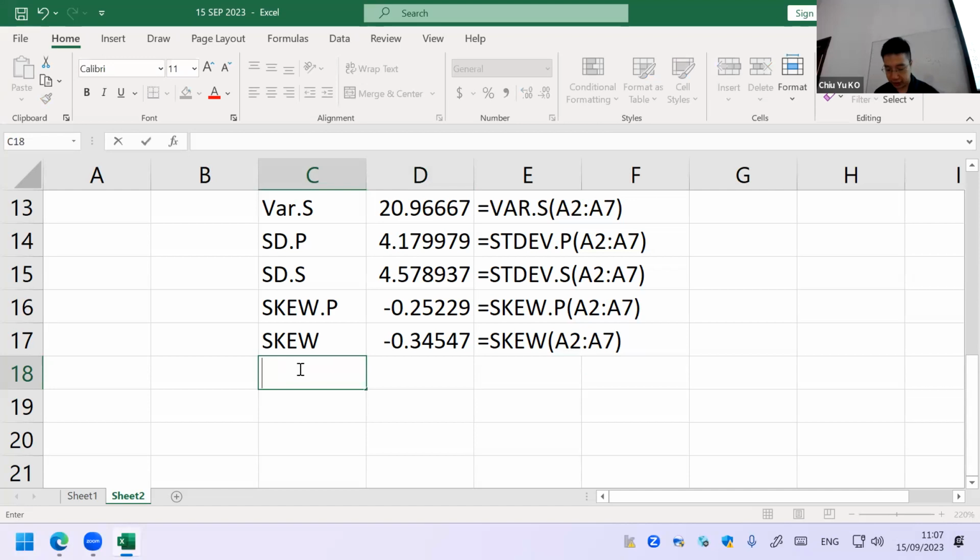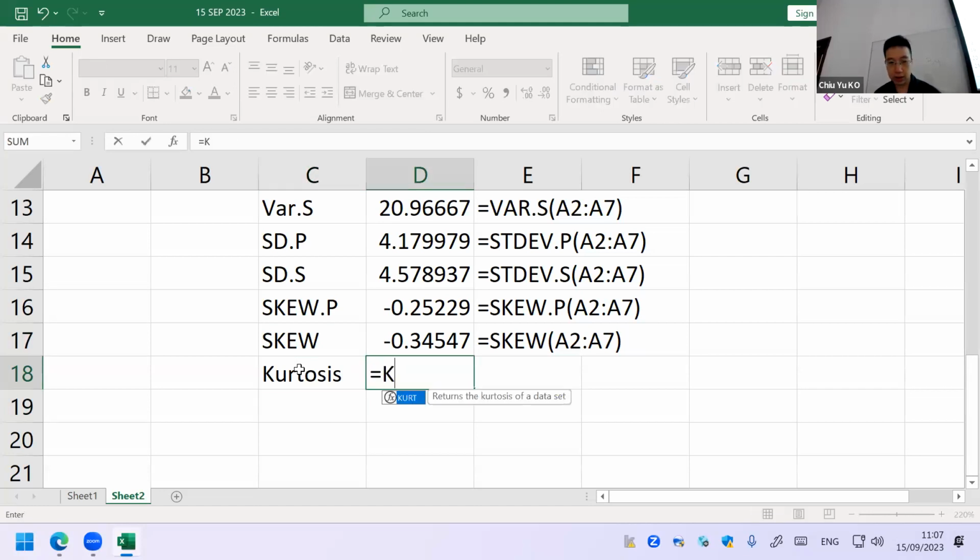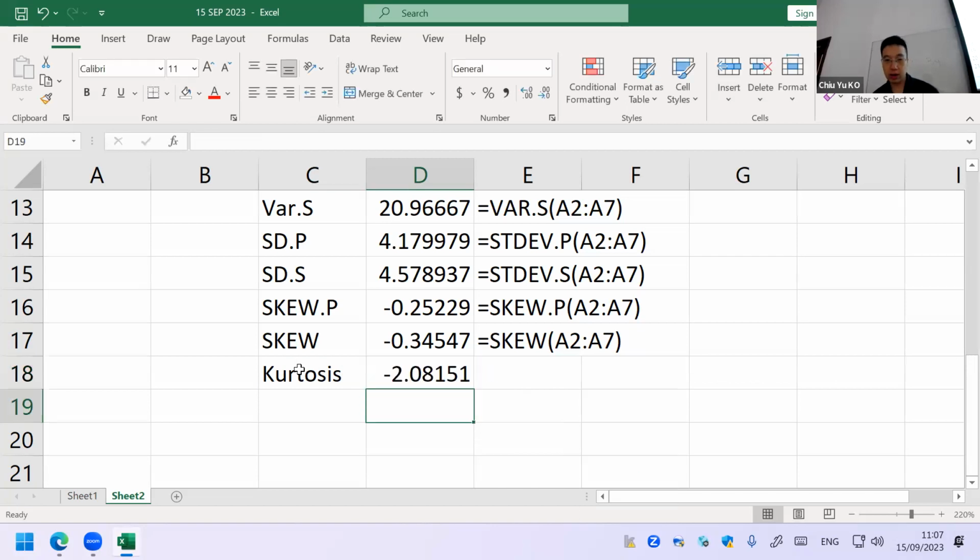Final one, we have a kurtosis, right? It's KURT. Maybe I should write kurtosis, otherwise you don't know what I'm doing. KURT, okay? A2 up to A7. So I hope now you can see how you can handle skewness and kurtosis. Is that clear? Every measurement you can do on the computer, and the kurtosis we gave you is the